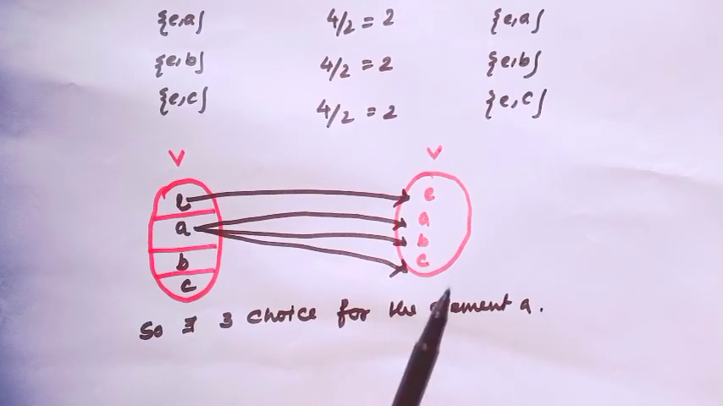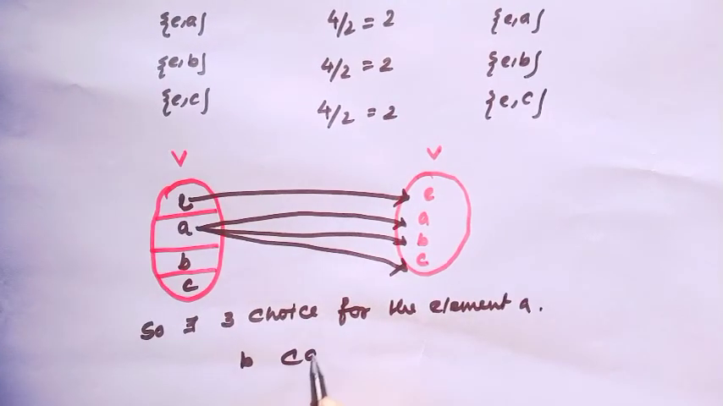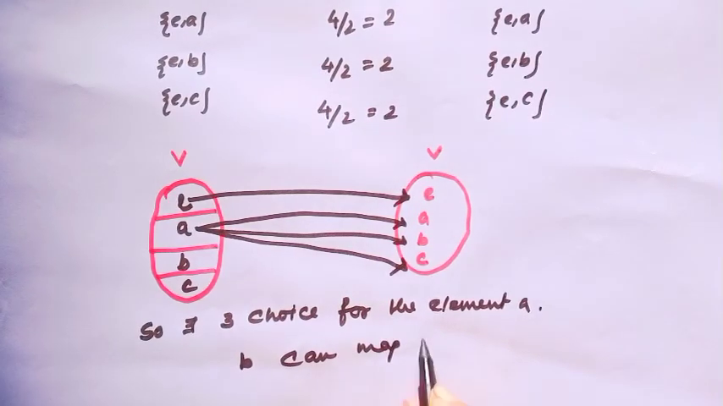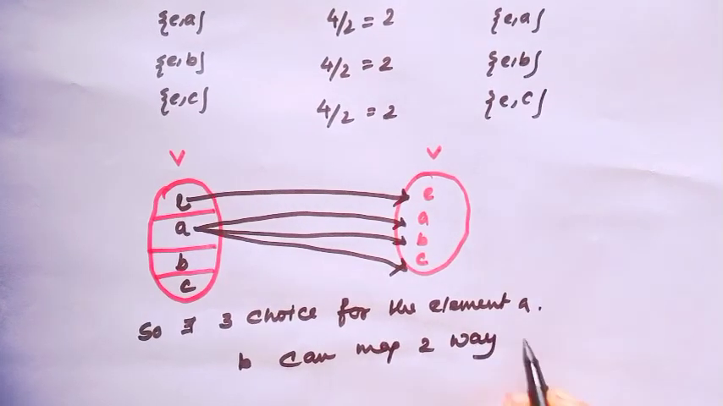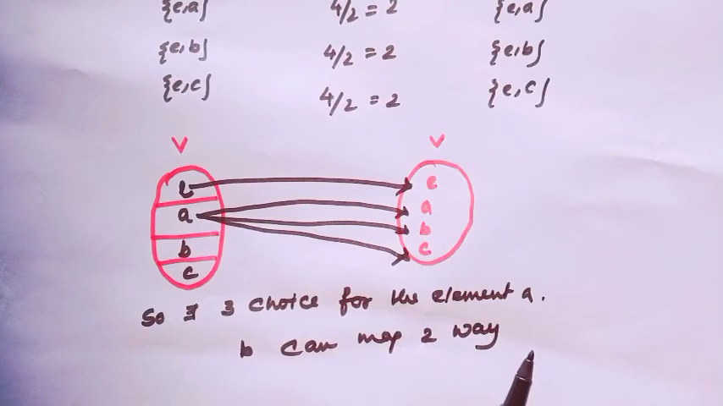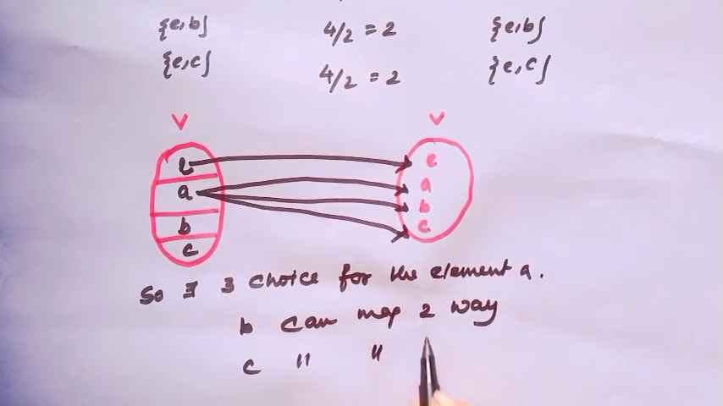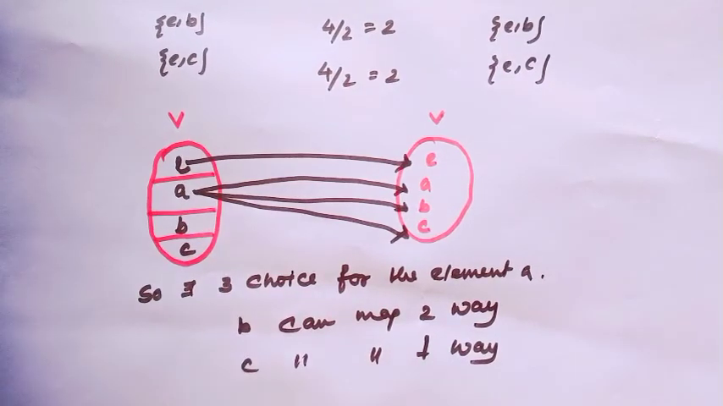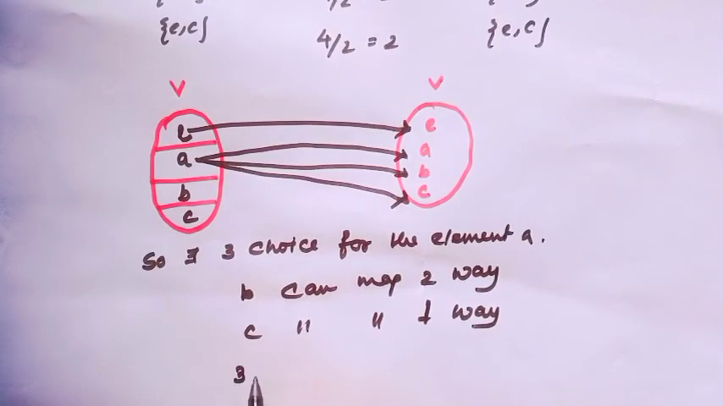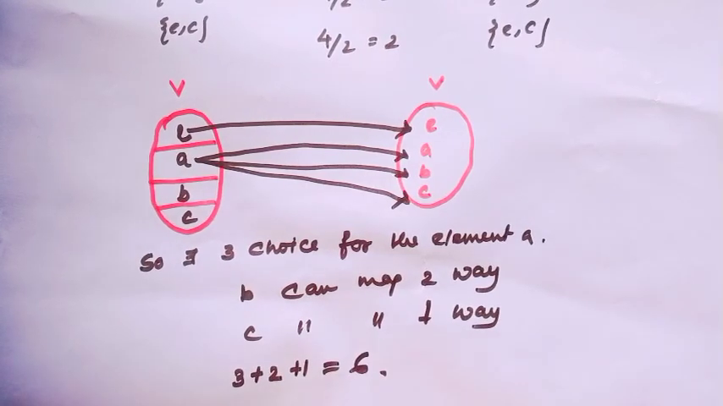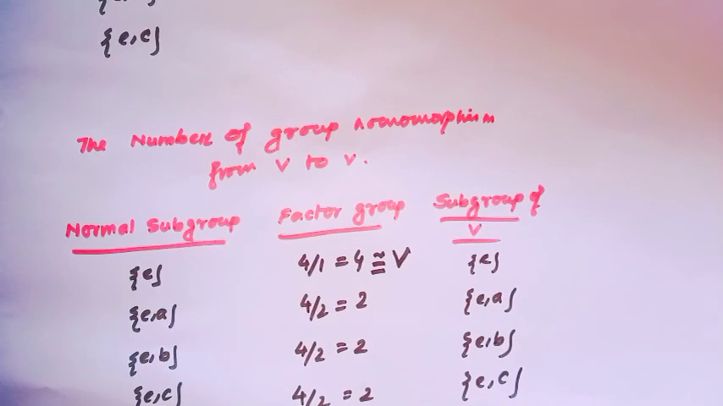B can map to 2 choices. We all know it because I have discussed it repeatedly. Okay? And after sending B, C can map to 1 choice. So the number of homomorphisms for this is 3 times 2 times 1, that means 6. Are you getting? Now if we consider this normal subgroup,